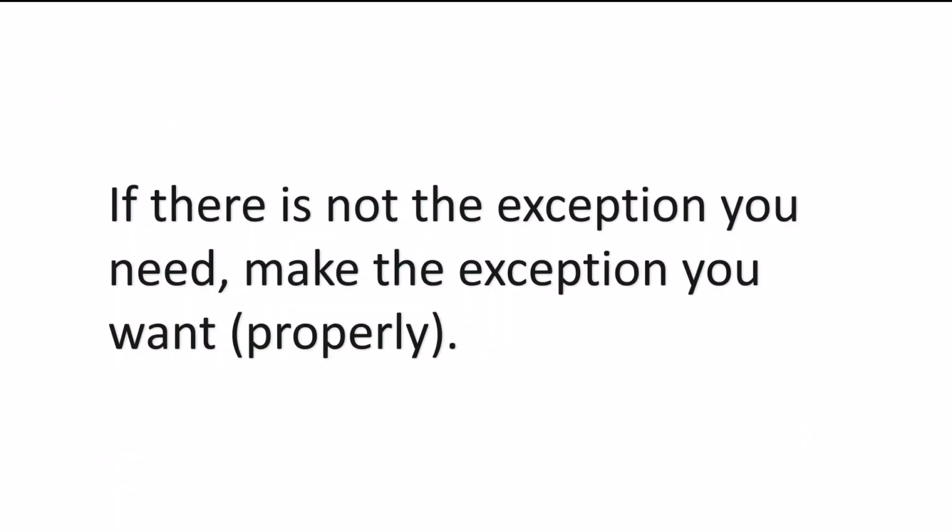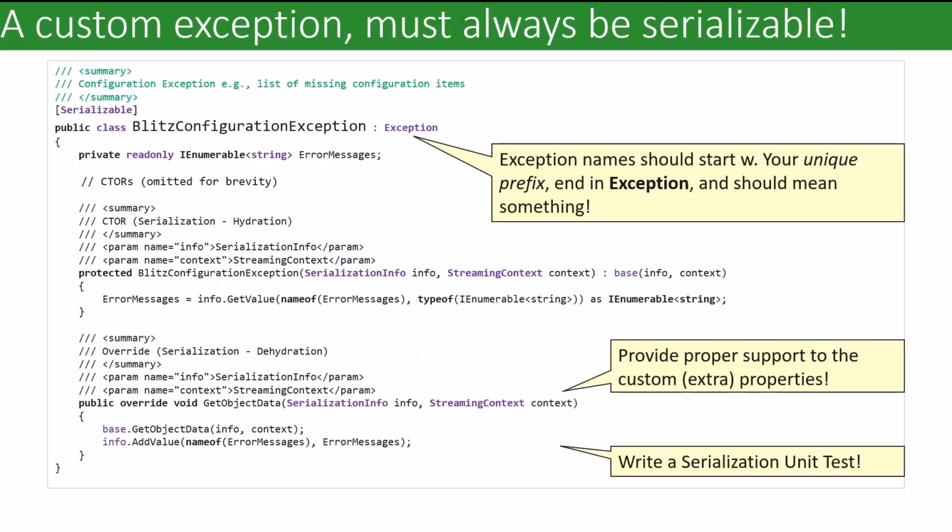If there's not an exception you need, make the exception you want, but do so correctly. The big mistake I see when people subclass exception to make their own exception is that they do not implement serialization correctly. And if you think about it, in a lot of our applications, we are probably going to have to pass